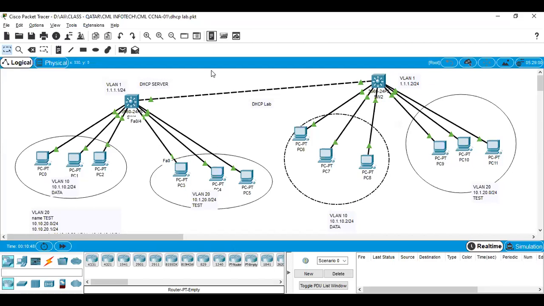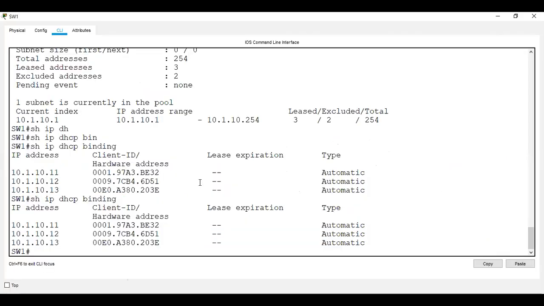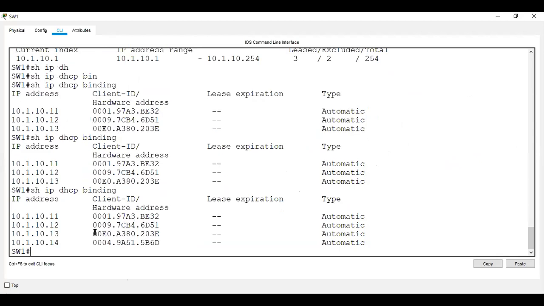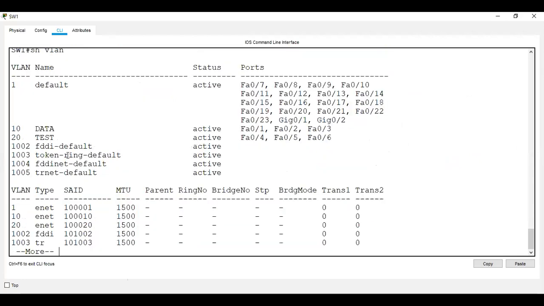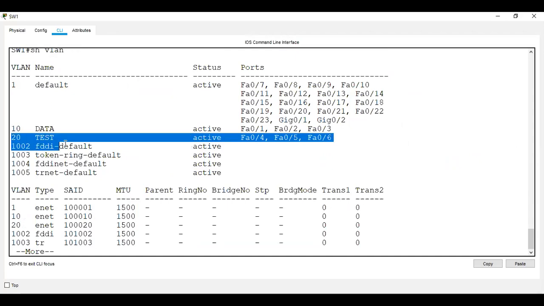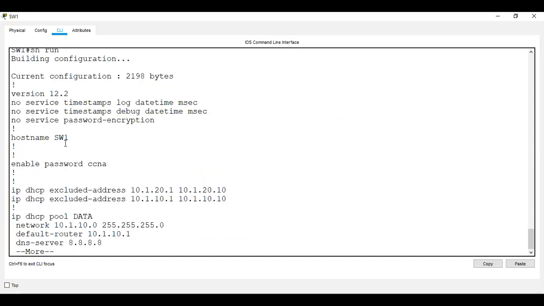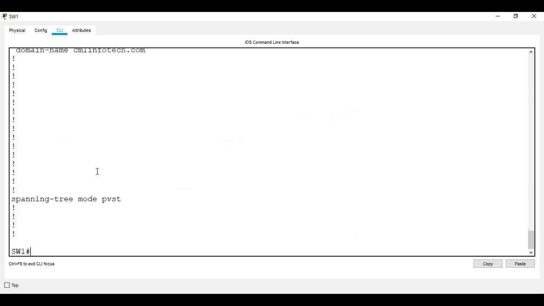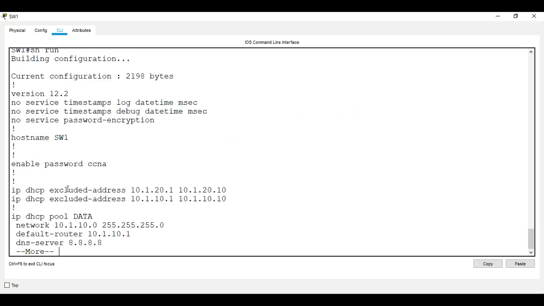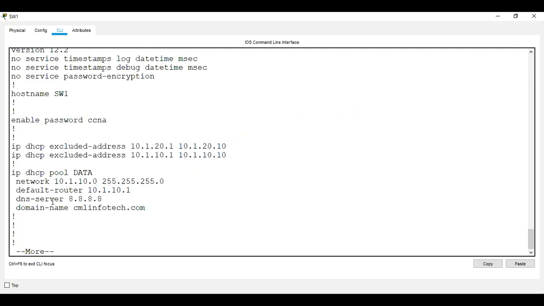So let's say I'm going to access switch 1. You can see the IP address 14 for a different system. Show VLAN. You can see ports 4, 5, 6 belong to VLAN 20, and there is no DHCP configuration for VLAN 20.